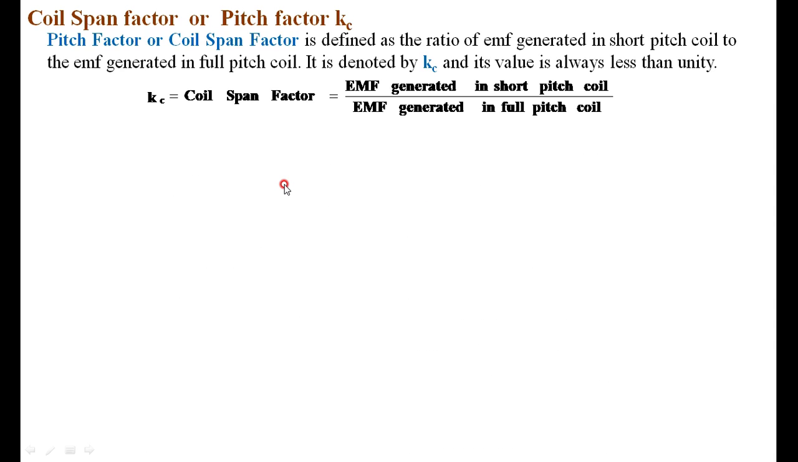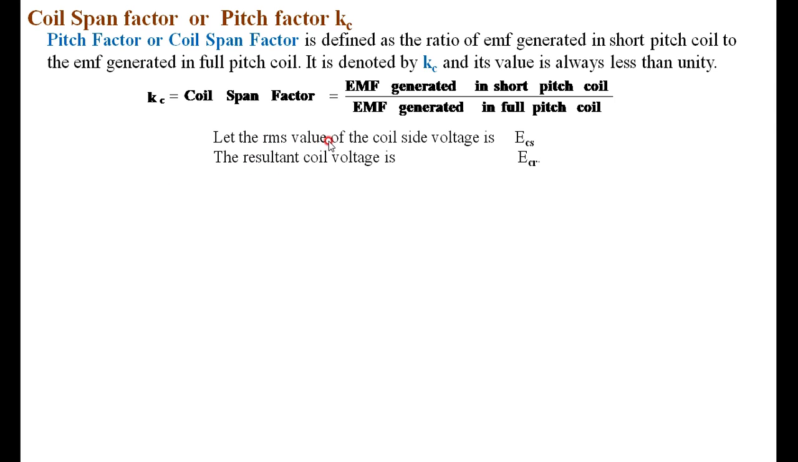That is, Kc, the coil span factor, is equal to the EMF generated in the short pitch coil to the EMF generated in the full pitch coil. This is how we are defining the coil span factor. Then to find the actual value of Kc, we have to find the EMF generated in the short pitch coil, and also the EMF generated in the full pitch coil. First we will take up the full pitch coil, in which